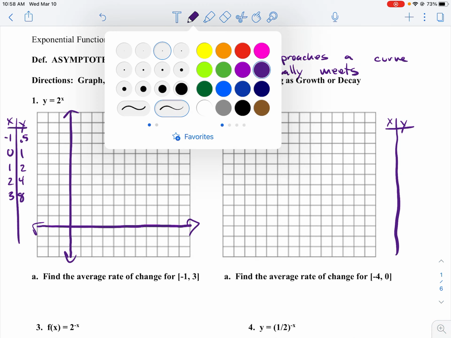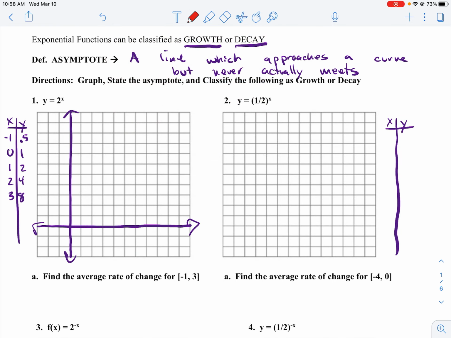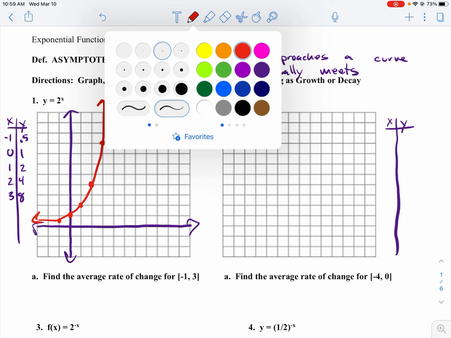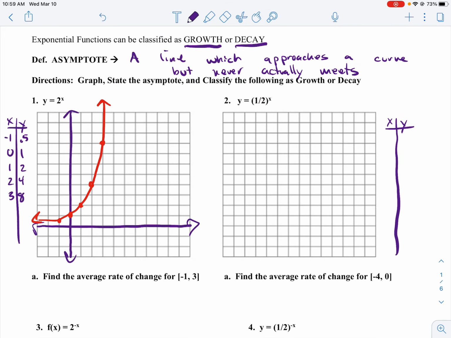Okay, so at -1, 0.5, at 0 we're at 1, 2, 4, 8, so on and so forth. Okay? So, as you can see, this is growth, right? It's going up. We graphed it using our table of values, but we want to talk about the